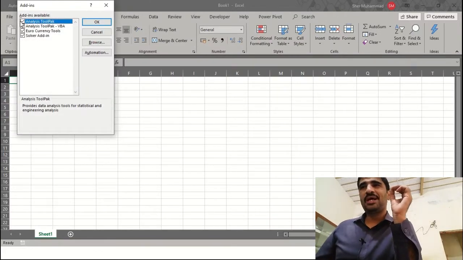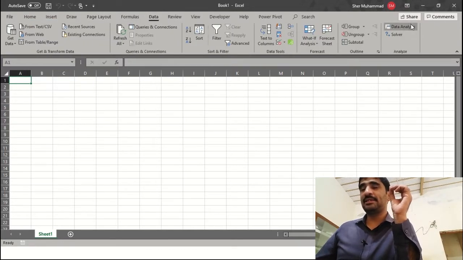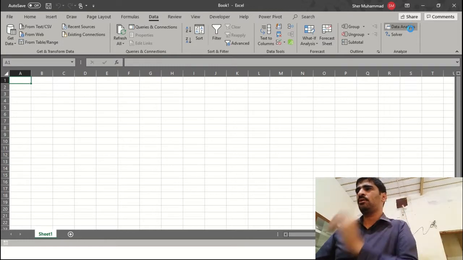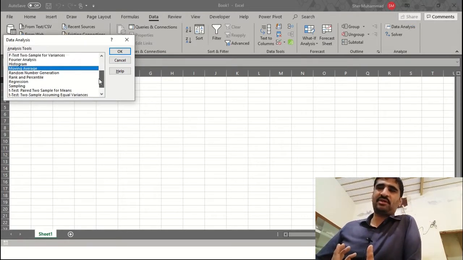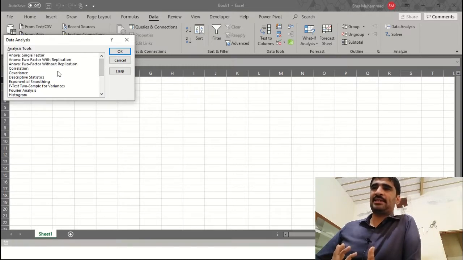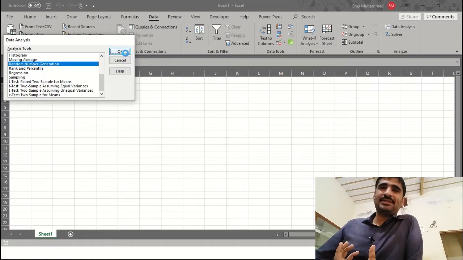Make sure you have ticked Analysis ToolPak. Now we go to Data and select Data Analysis, and here you may see different types of functions available for data analysis and statistics, but we are only interested in random number generation.